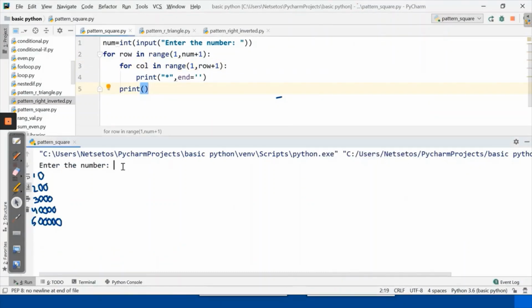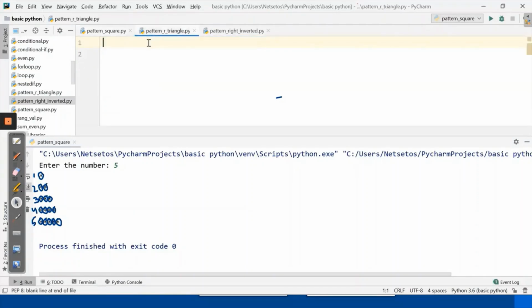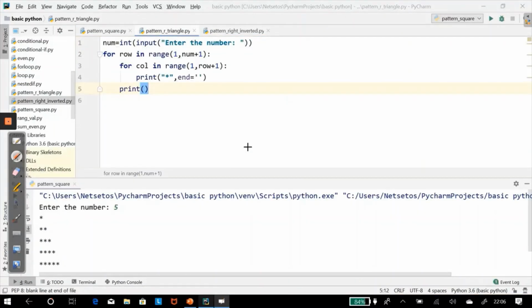It is asking to enter the number, so I'll give 5. As you can see, it has given the first row, first one column, that means 1 star, 2 row, 2 stars, 3 row, 3 stars. Let's do it in our triangle only. Now let's see the working of this program.